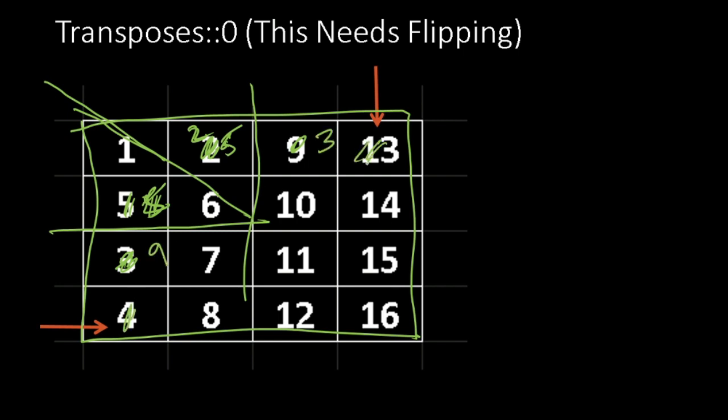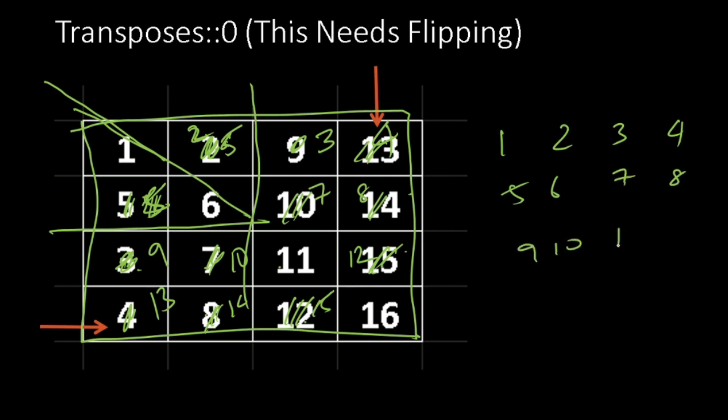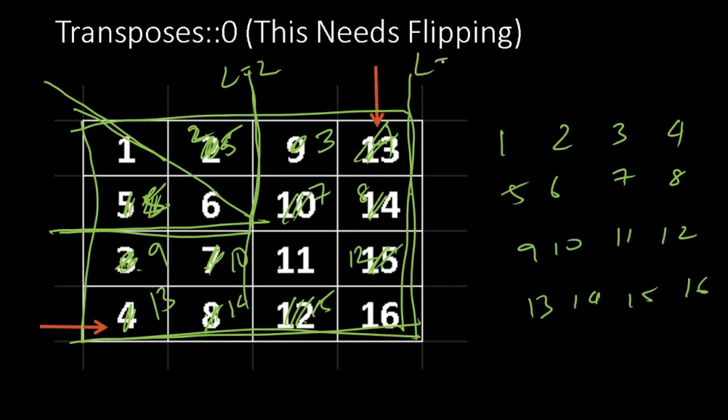This 4 and this 13 get interchanged. This 7 and this 10 get interchanged. Are you seeing the pattern? This 12 and this 15 get interchanged. Seeing the pattern? This 8 and this 14 get interchanged. When the smoke is clear, we realize that we have sorted our matrix: 5, 6, 7, 8, 9, 10, 11, 12, 13, 14, 15, 16. So how many operations did we take? We first flipped this submatrix, L is equal to 2, and then we flipped this submatrix, L is equal to 4.